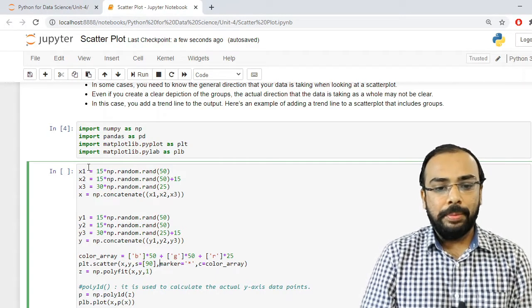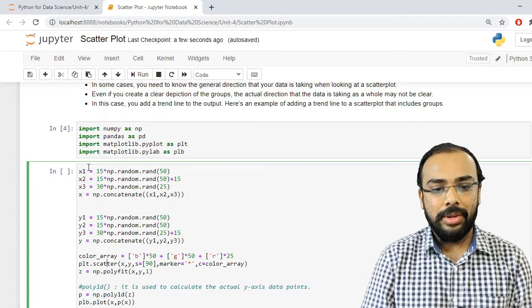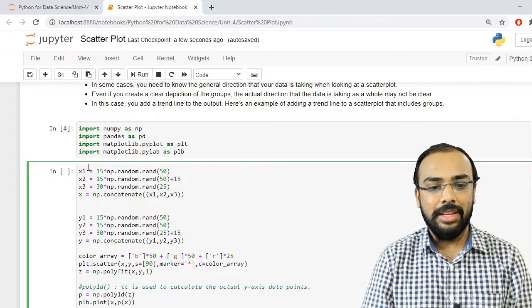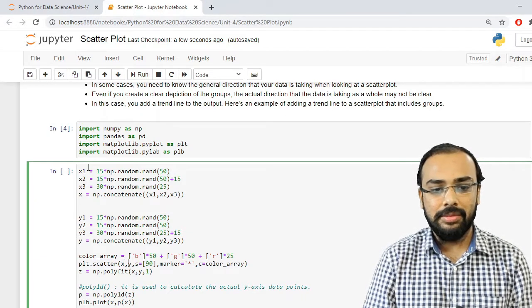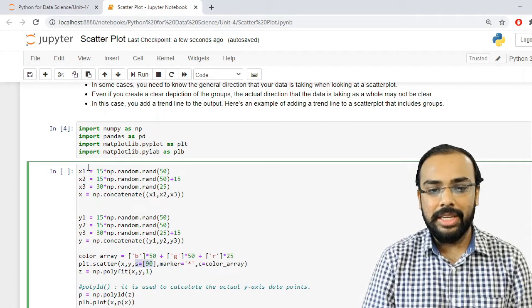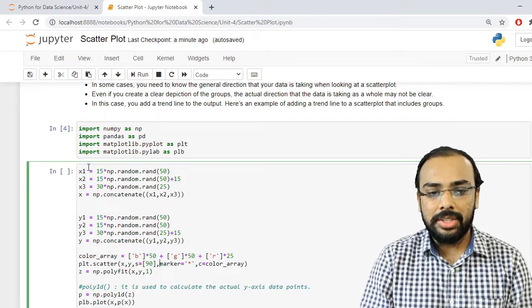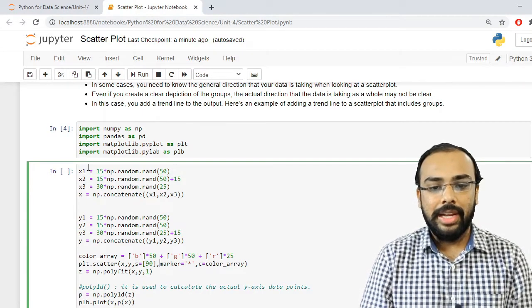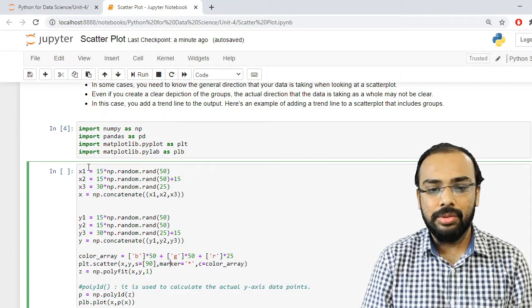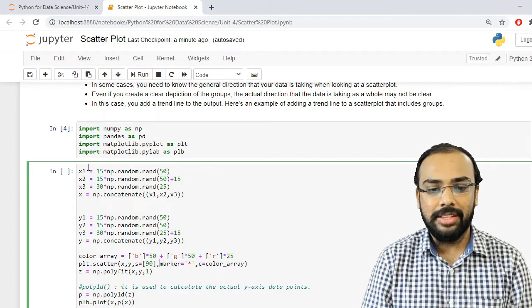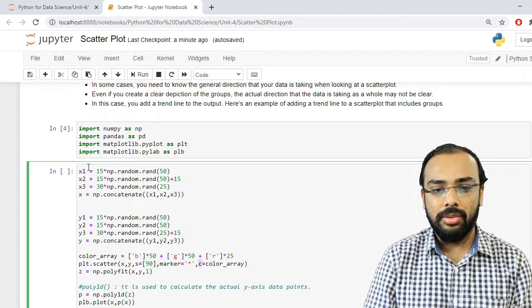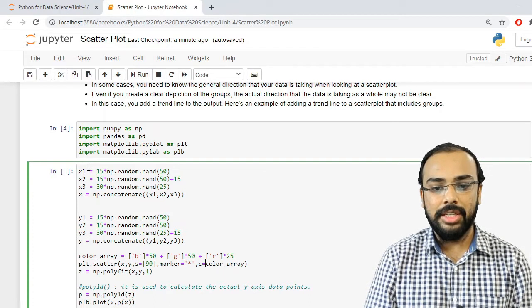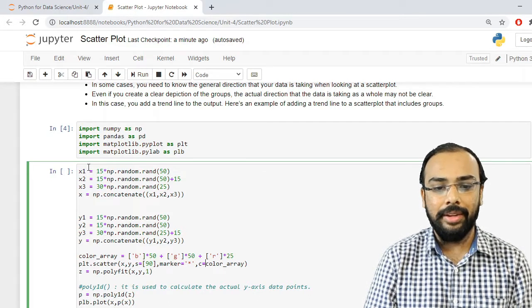Now I want to plot the scatter plot. So how can I do this? For that we have a method which is named as scatter. Inside this I have to pass my x-axis, y-axis, and the size of each data point. Now instead of diamond I am using an asterisk here. So I have made use of an attribute which is named as marker, and I have specified the symbol of asterisk. I am specifying the color, so the attribute is C, and I have given its value as color array.